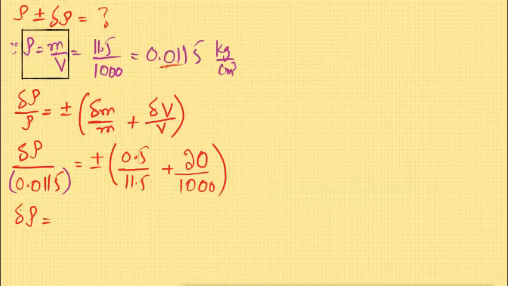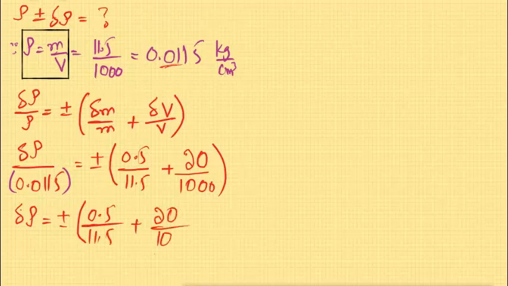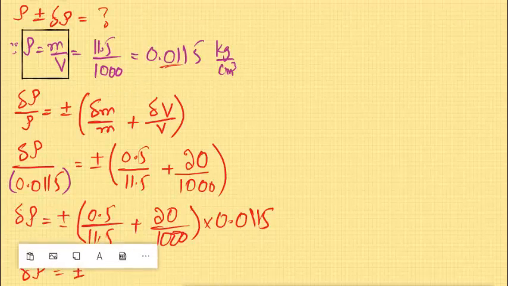So now I can write this as error in density equals plus minus 0.5 divided by 11.5 plus 20 divided by 1000 into 0.0115. And now the final answer that I will get here is going to be plus minus